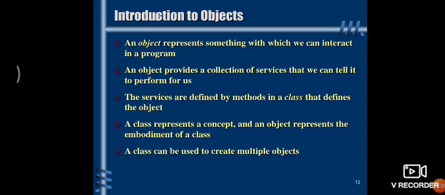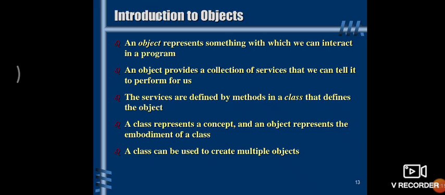A class represents a concept, and an object represents the embodiment of that class. It means you are declaring a class, it has some concept, some entity as well, some identity as well. But the objects that you declare have some relativeness to that particular class. You cannot declare any object beyond the nature of that class. If you have taken the class student, then you will declare objects related to it. You cannot declare umbrella or mango in that student class.